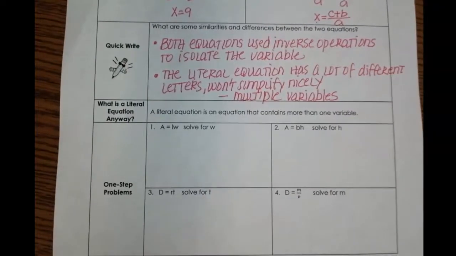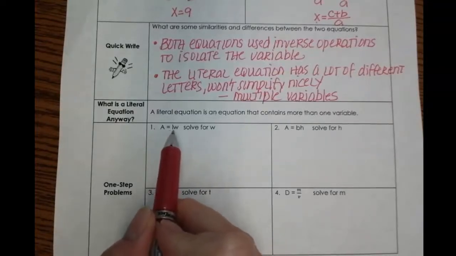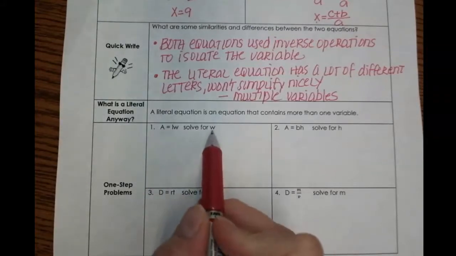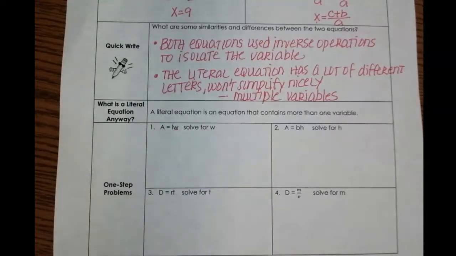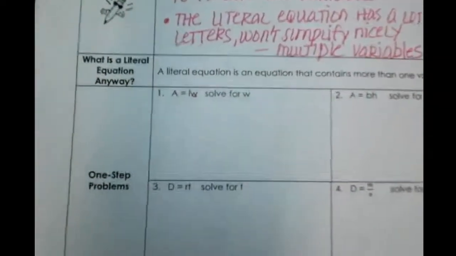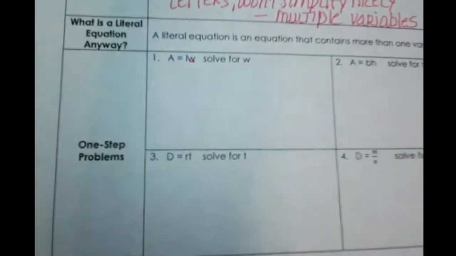So we're going to start with some one-step problems. So here's the equation, A equals LW, area equals length times width. And we want to solve for W. So that means I want to get W by itself. Okay, so let's zoom in a little bit here. To get W by itself,